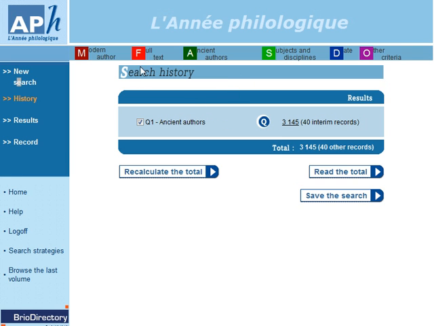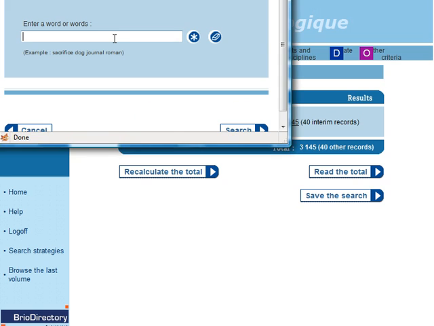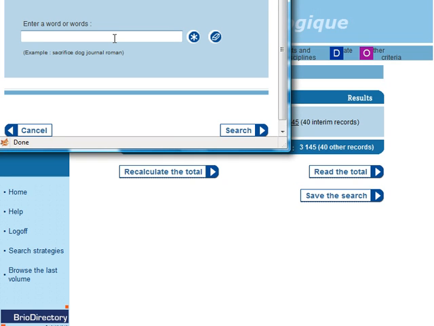From here, we can click Full Text and have the database search for the name Claudia in any part of the record, so in the title, in the abstract. So we enter her name and then click Search,